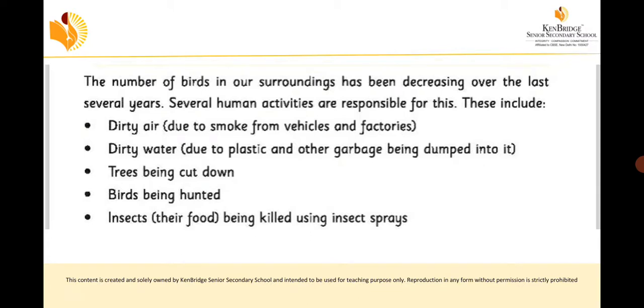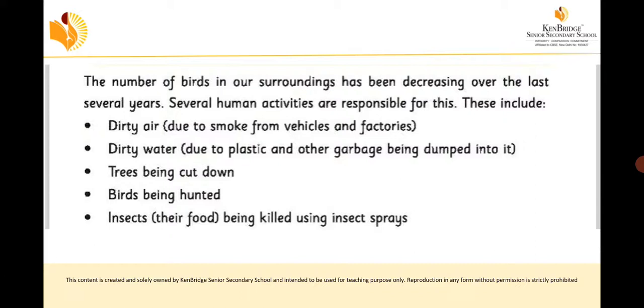And very important, which is the home for birds? Yes, trees are the homes for birds. If we cut our home, whether we will be happy? No, we will feel bad. So you should not cut the trees because the trees are the home. And birds being hunted. In olden days, some kings would go for hunting, no. But nowadays you should not hunt the birds. If we are doing that, the police will come and catch us. Okay, so you should not hunt birds.